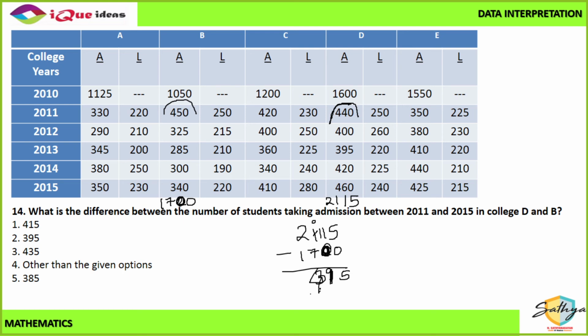So then this becomes 415. Yeah, this is 415. That's what I was checking because I knew there was some calculation mistake I had done. Yeah, the answer is 415. Hitvi, both of us did a similar mistake in calculation. It's not 395, it's 415. Right? Is everybody getting it? 415. Correct.